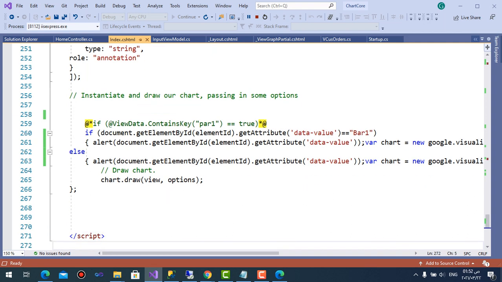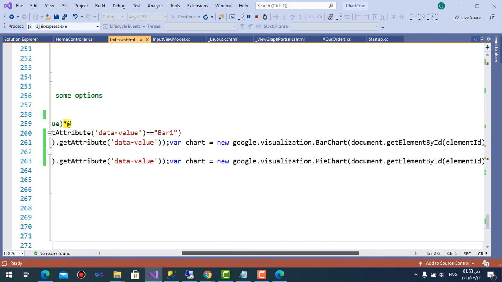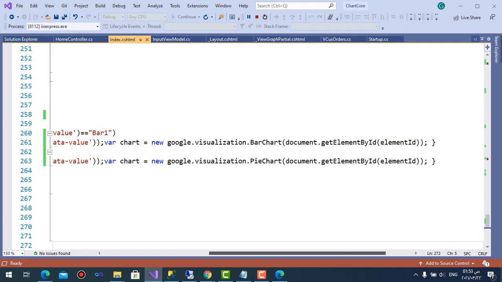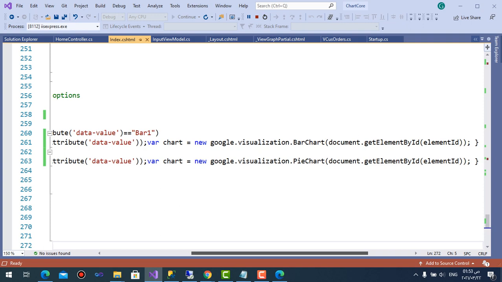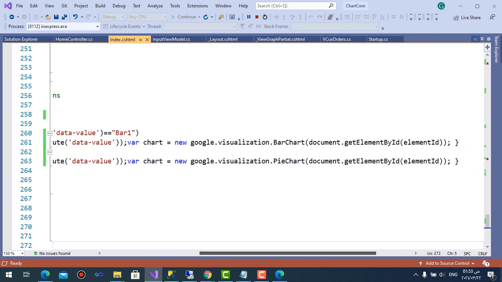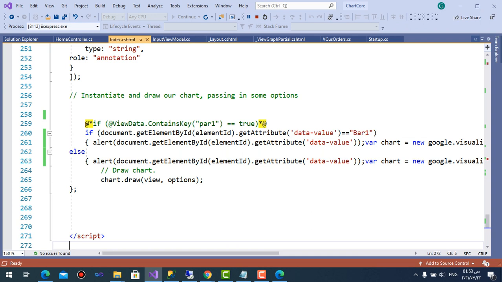Comes here a very important issue also. I will ask about element ID, which is graph ID. If it has data value of bar 1, then I will display, I give an alert which appears every time of pie or bar. Get element by ID, element dot get attribute of data value written in the tag of a graph ID, and the chart will be drawn in the element or graph ID. Once bar and the other bar. As you see here,